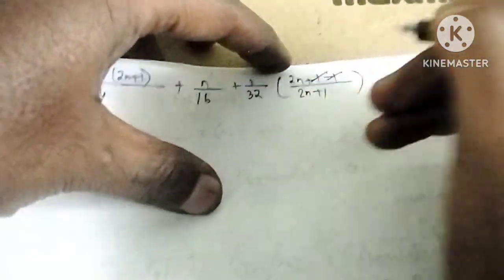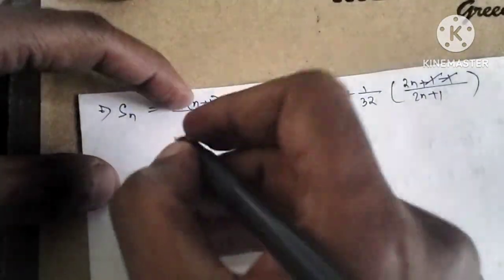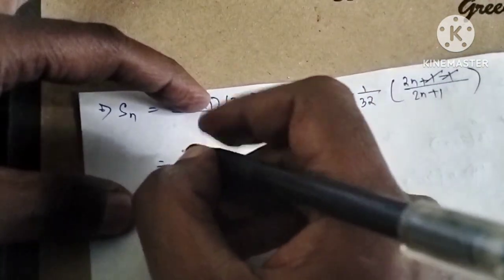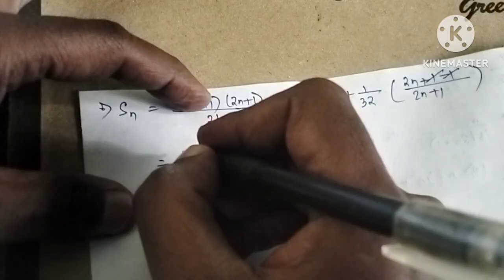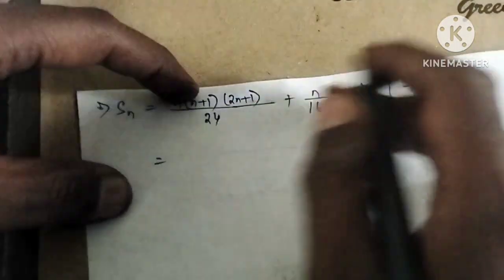So plus 1 minus 1 will cancel each other. Okay, so it will be